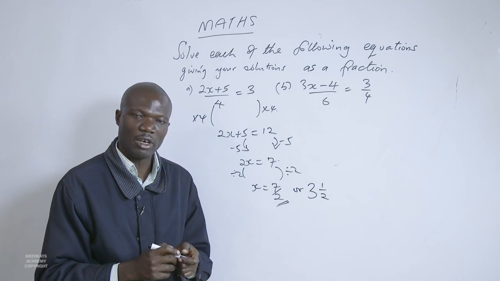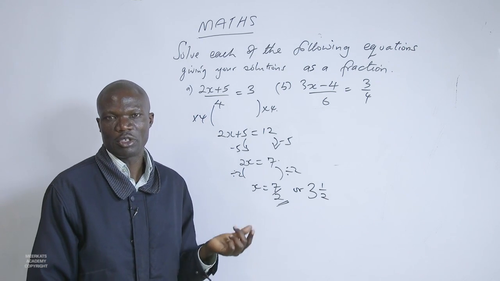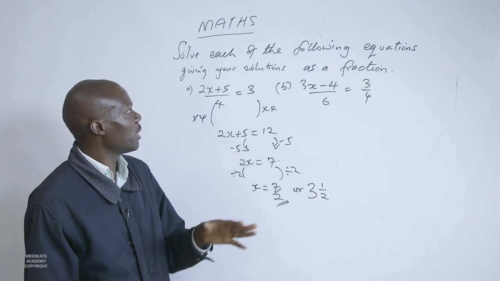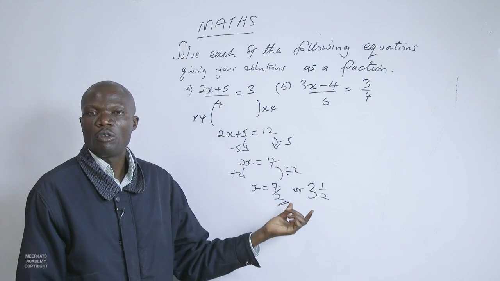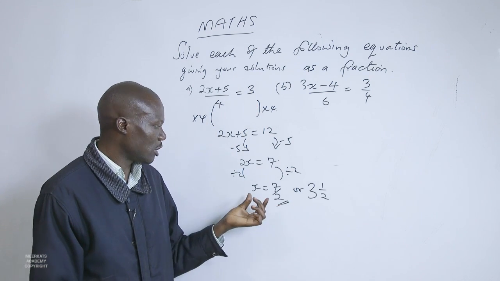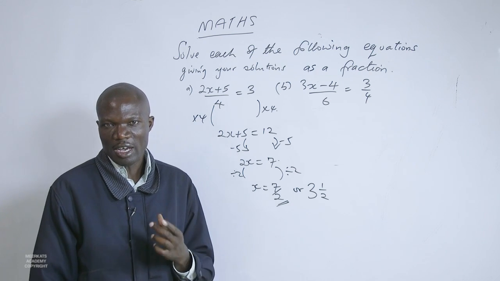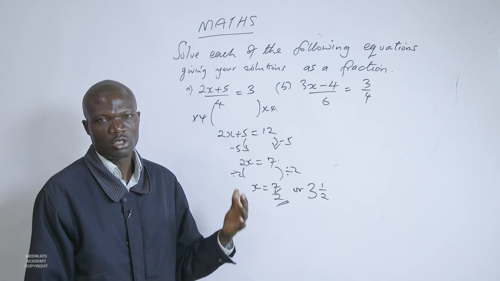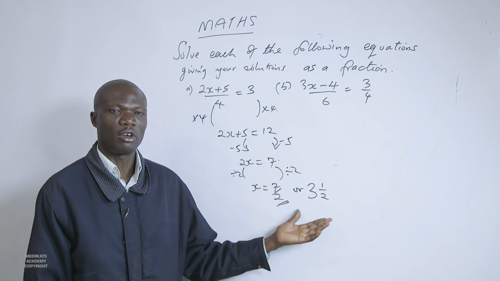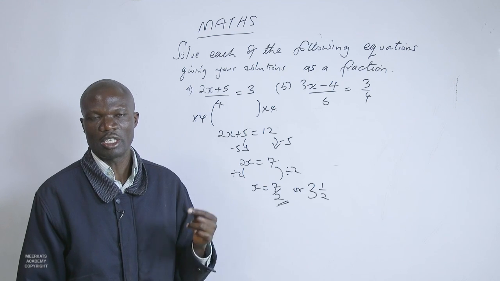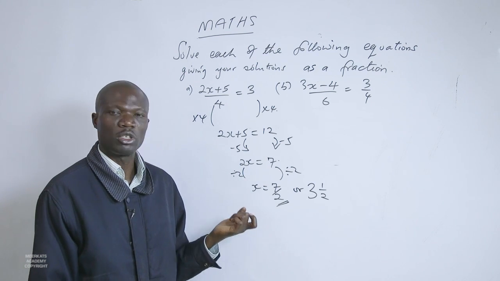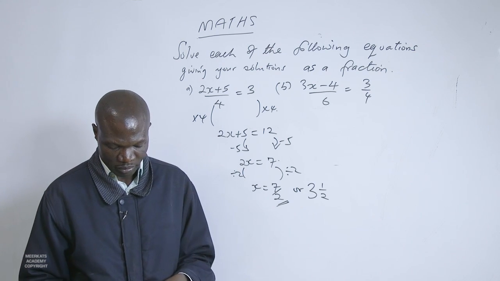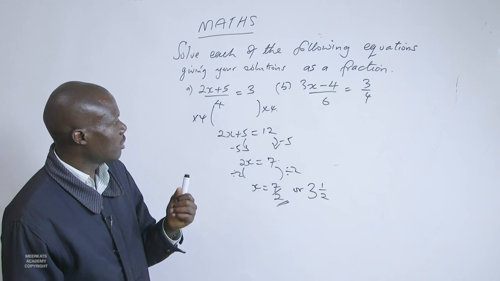So the value of x is either 7 over 2 or 3 and a half. What I'm saying is that we have a fractional solution, and that's why these values of x are in the form of a fraction and not whole numbers as we are used to. So you should not meet a question that gives you a fraction as its solution and say there is a problem. No, there are those questions which require answers to be in fractional form. The second question there,